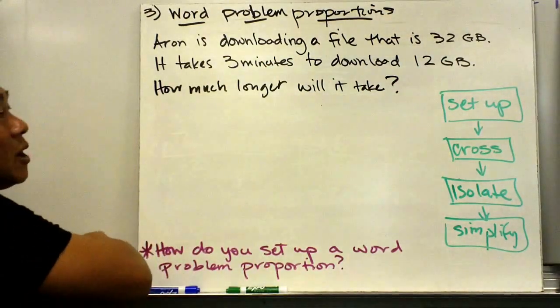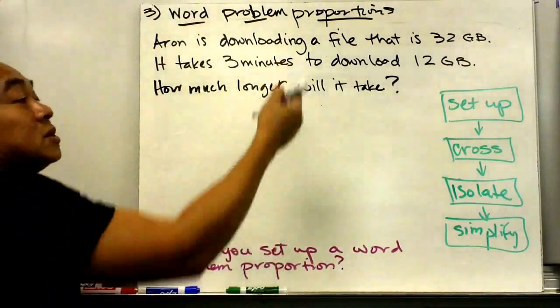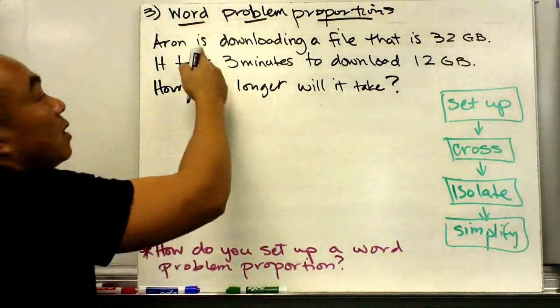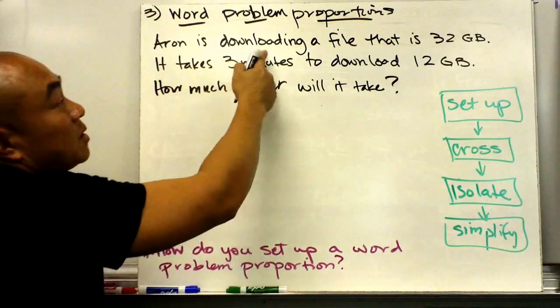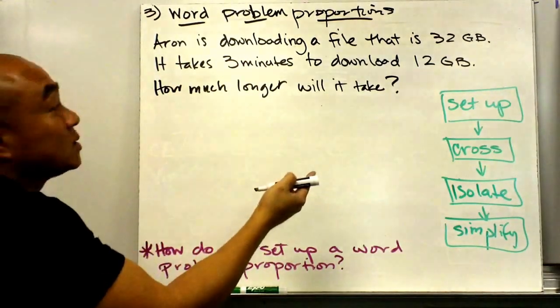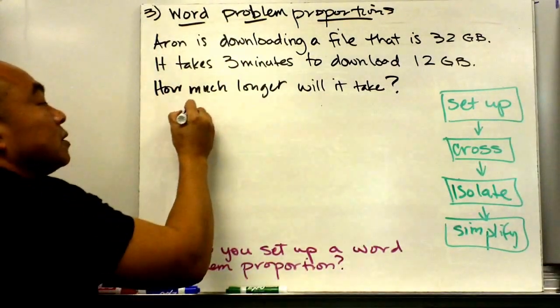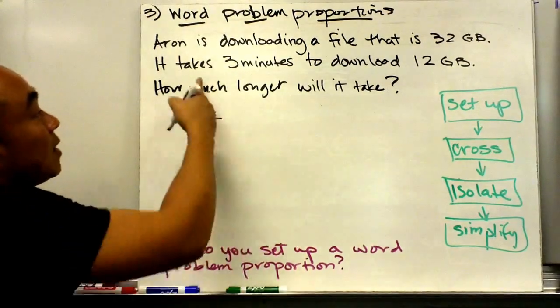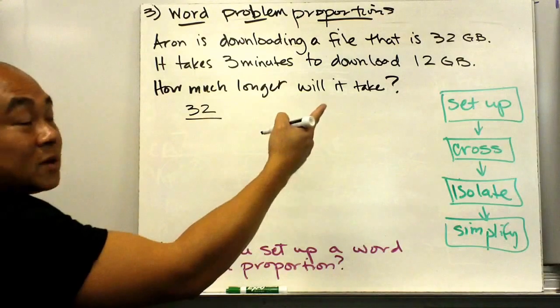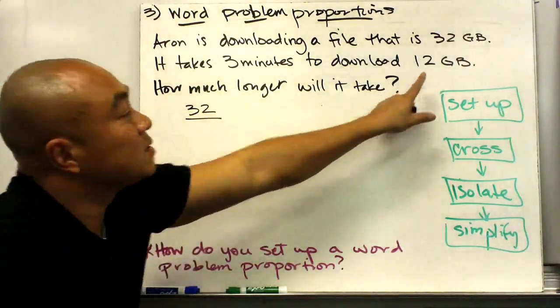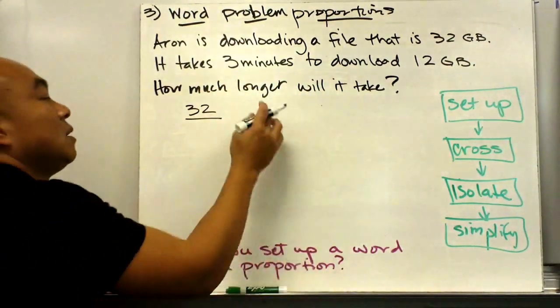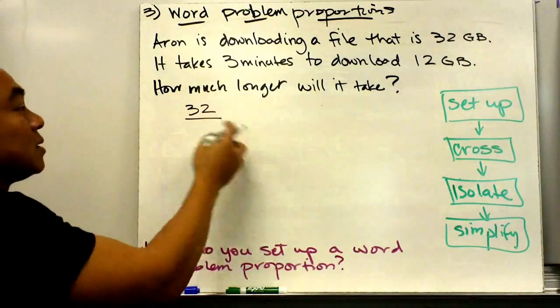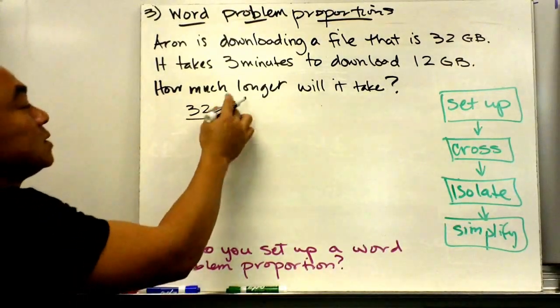So I'm just going to go ahead and say, let's go and set them up. So now, Aaron is downloading a file that is 32 gigs. Okay, so 32 gigs, and it takes 3 minutes to download 12 gigs. So we know that for 12 gigs, it's going to take 3 minutes. So how I'm going to set this up is, we're going to go ahead and talk about it. This is going to be your gigs,